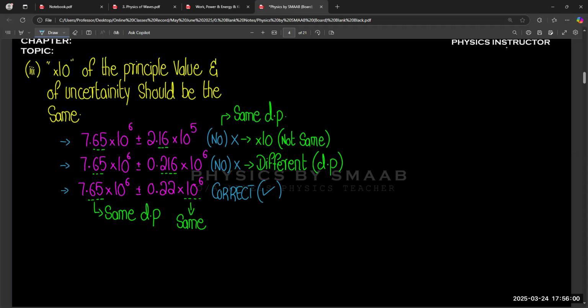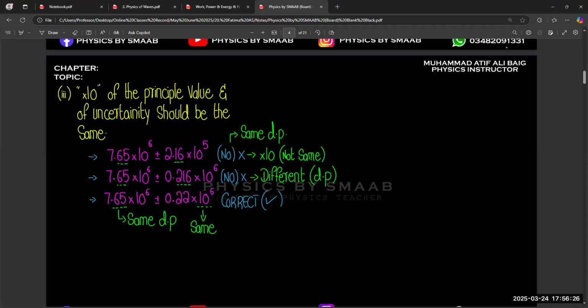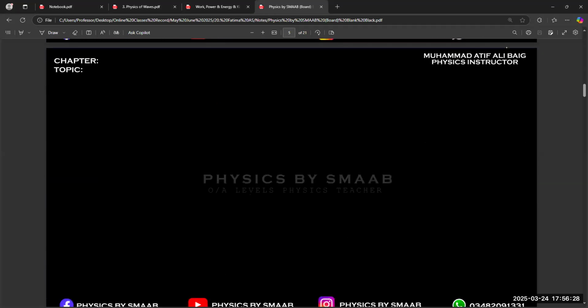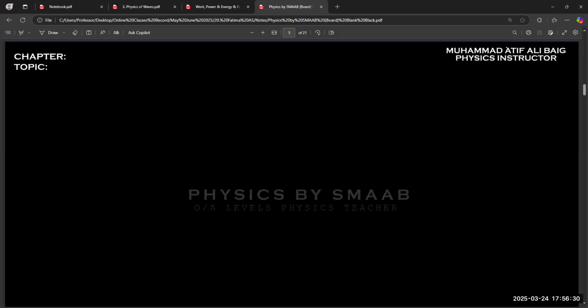Now, if we consider different calculations related to the uncertainty, for example, if we add the numbers, what will happen when we add numbers with uncertainty, and if we subtract them, what will be the final result? In the same way, what about multiplication and division? So in the different cases, let's see how to perform calculations with the help of uncertainty. First of all, we start with addition and subtraction.